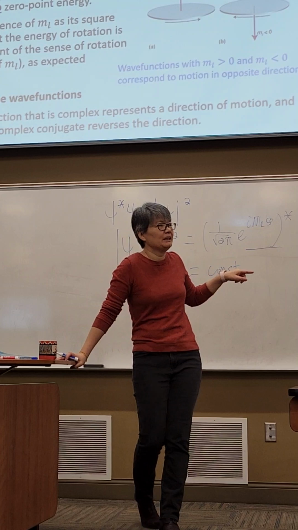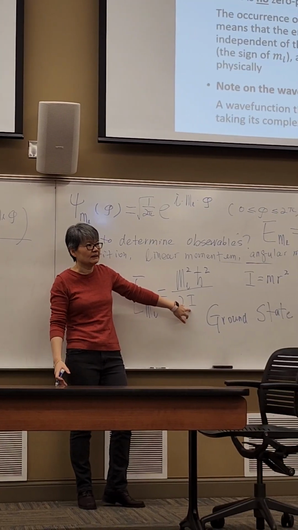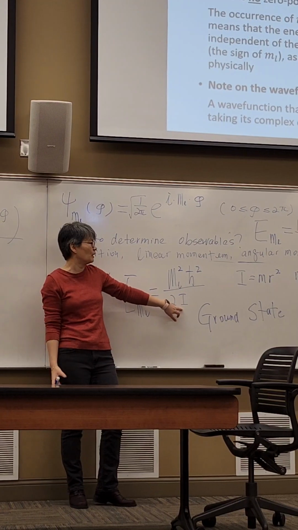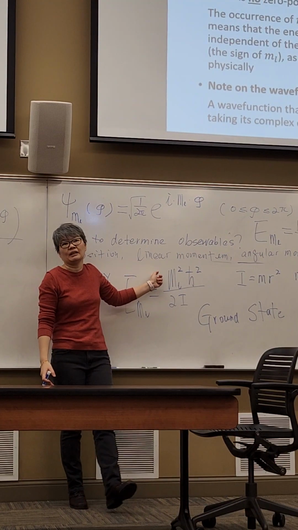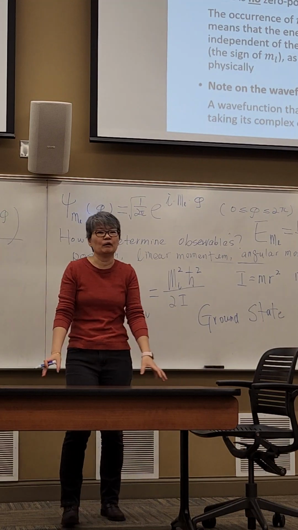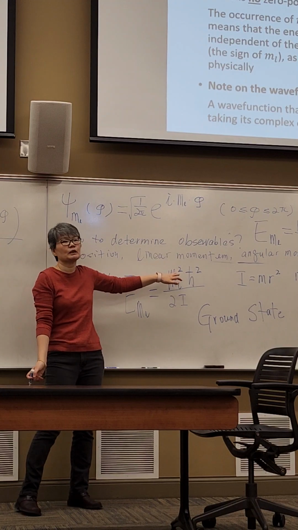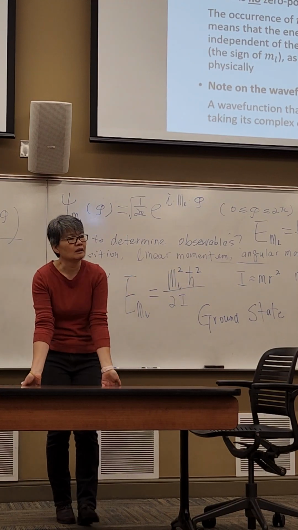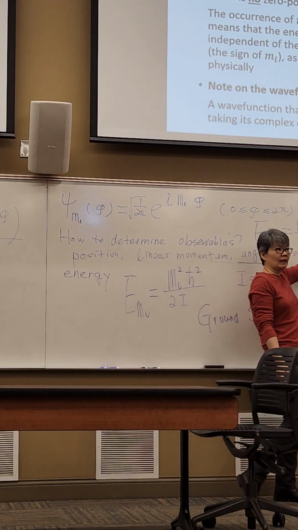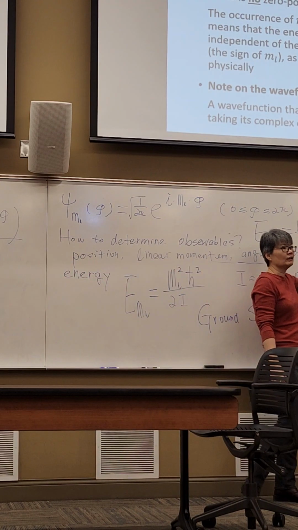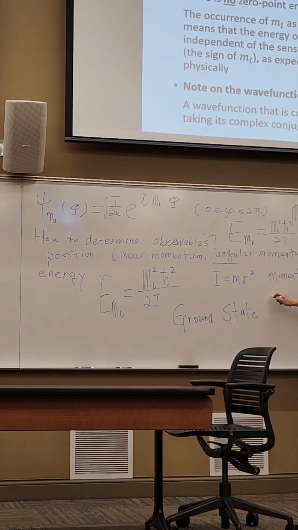If I evaluate this expression, I is a constant for the particular system, mass is known, radius is known, h bar is a constant. So your energy varies directly with the square of the quantum number. And the quantum number takes integer values, so you know the lowest will be when